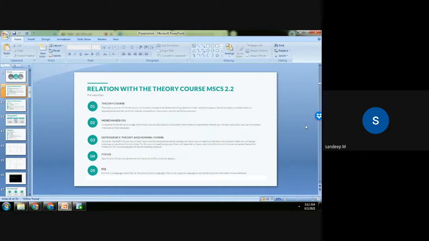I said there'll be two classes on SQL. Today's lecture will focus on basic SQL. Think of SQL as a language, but it's not a programming language like JavaScript or Python or C++ or Java. It's not a programming language, as you'll get to see shortly. It's mostly basic commands, nothing more than commands. You can also get quite advanced in terms of procedural language, but the basic SQL is all about commands.